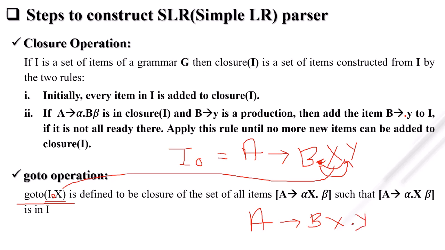Okay, after shifting the dot, on the right hand side there is a non-terminal. So if there is a production Y tends to, suppose, a, then I have to write here Y tends to dot a, because after shifting the dot, on the right hand side of the dot there is a non-terminal. If it is a terminal, then it is okay. But if it is a non-terminal, then we have to write the production of that Y. Okay, according to which rule? According to this rule, this second one.